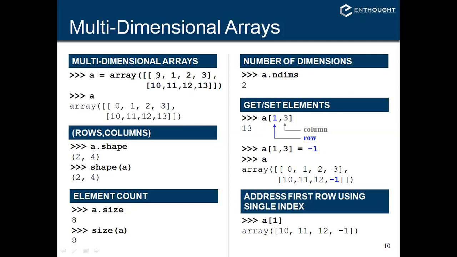My row 1 and column 3. So row 0 and 1. Now moving towards column 3: 0, 1, 2, 3. So we are talking about